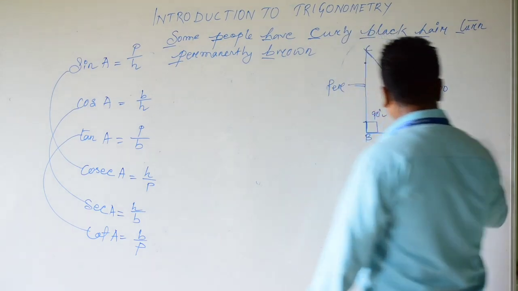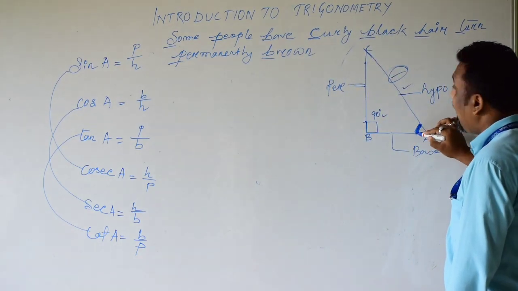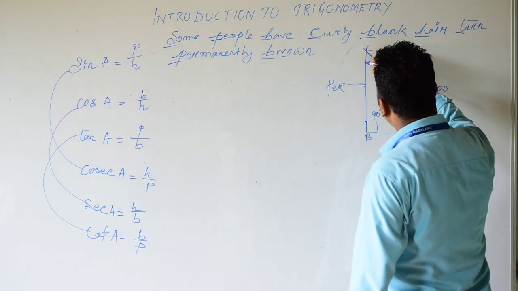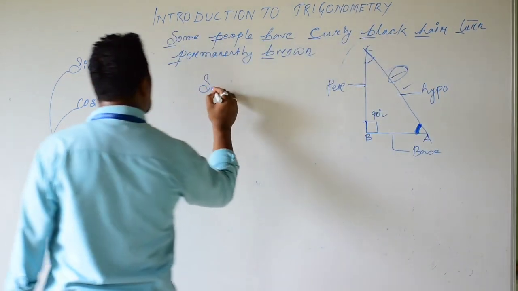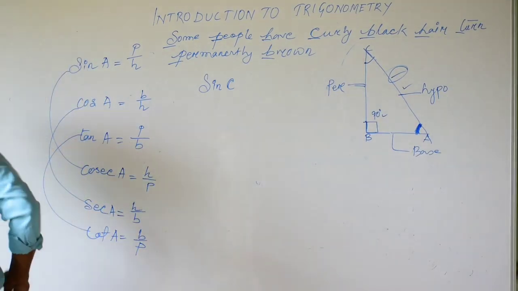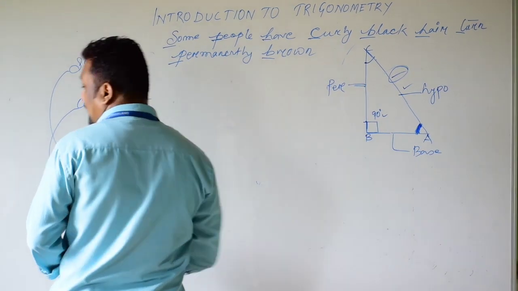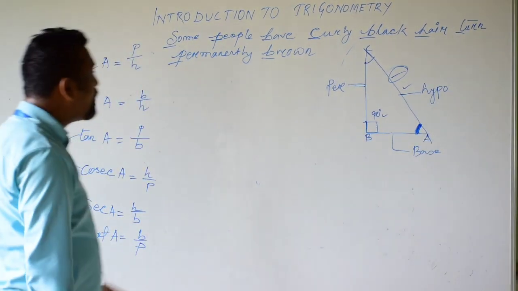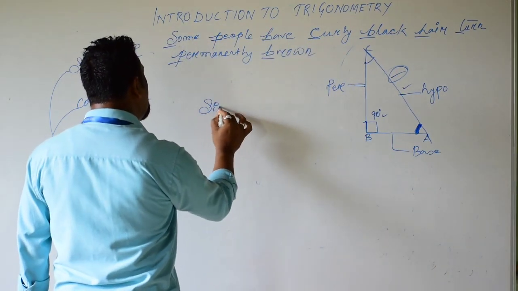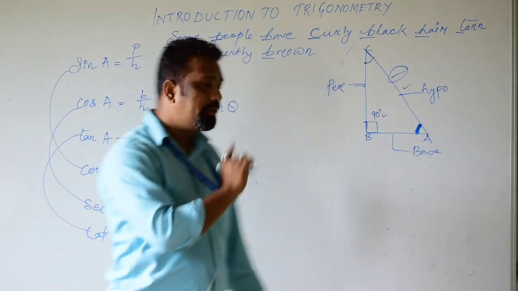So here I am talking about the right angle. In this right triangle, I am talking about the acute angle A, so I have written here angle A. If I had written sine C, that means I am talking about the acute angle C. So in all the problems in this coming chapter, when you get an angle along with a trigonometrical function, that means they are talking about an acute angle. In some problems you might get sine theta, so theta is the acute angle of that right triangle.